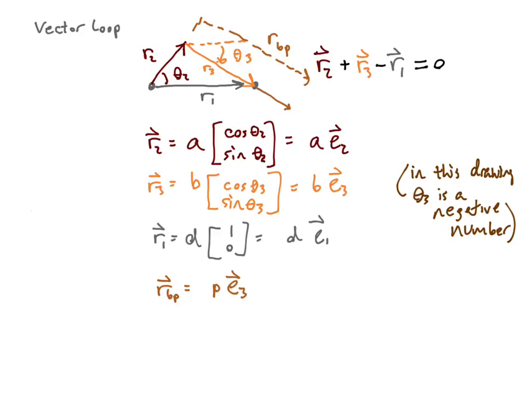Because those are the three that are represented in our vector loop. So we can't go all the way to RBP because that would put us off the loop. If we added that, you would see you wouldn't quite get to the origin. But let's add up our vector loop, and then we can do the algebra to get us to